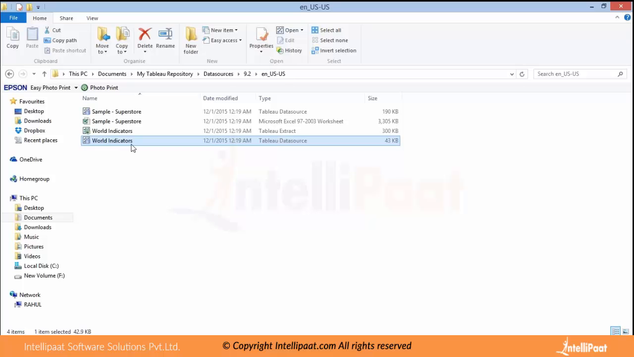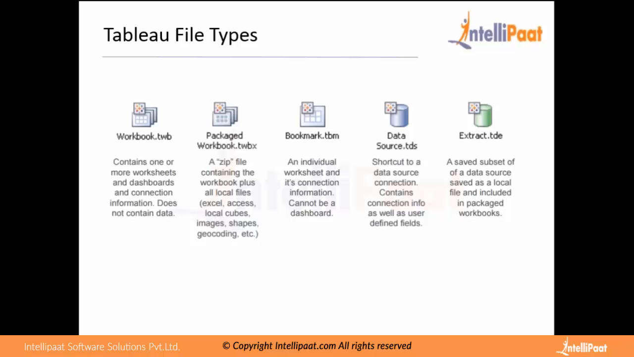So this is the TDS file which we have, the Tableau data source, and then this is the Tableau extract, which is the TDE file. This is the Tableau data extract file which will have data in it, and whenever we create any dashboard, or whenever we save any dashboard as a packaged workbook, we'll get the data plus its